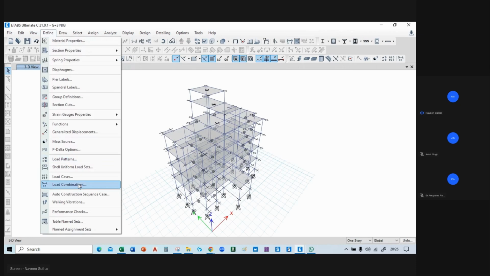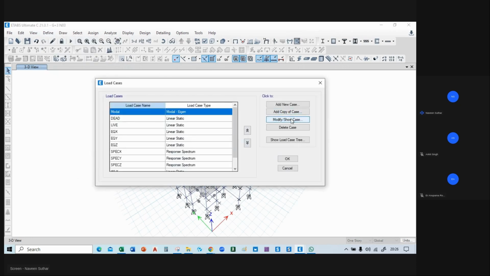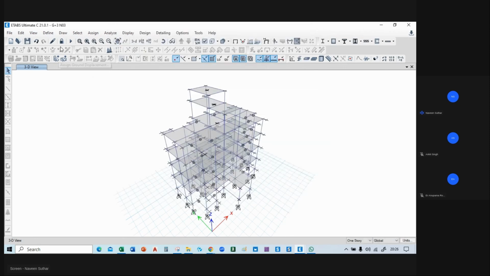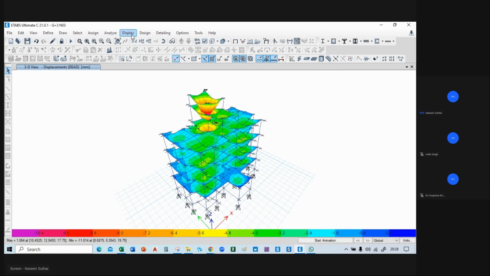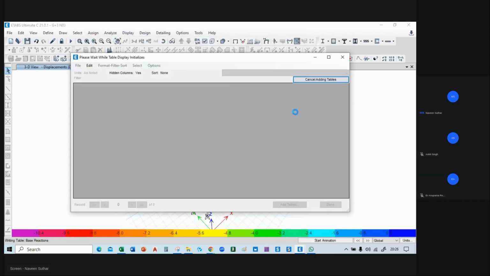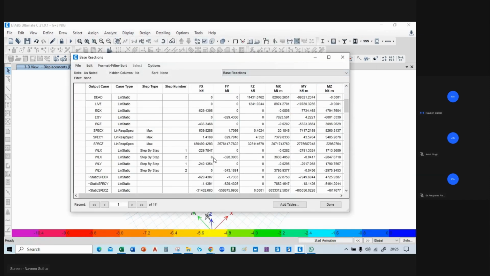Okay, let's go to define load cases and modify the mode, and let's take it 50, and okay, and run it again. Let's go to display show table, and you can see it's now